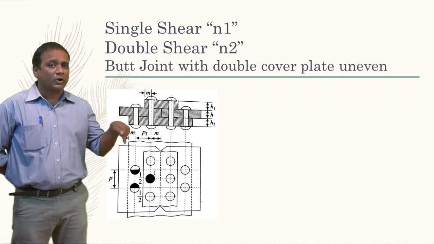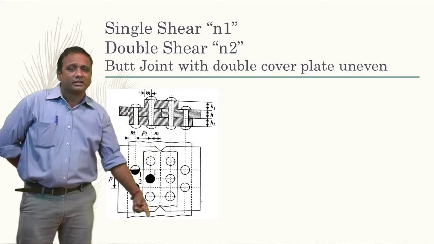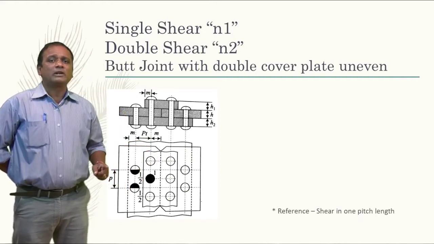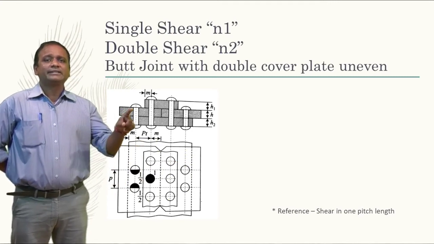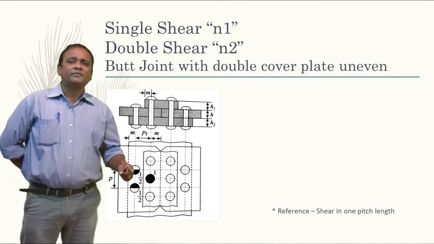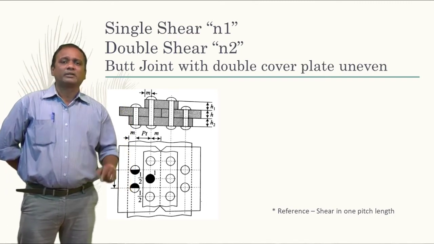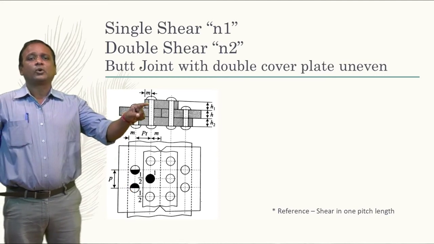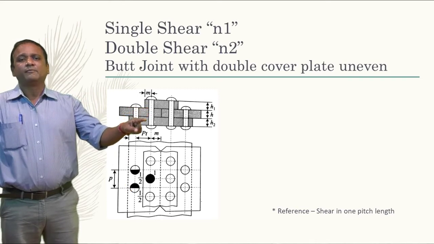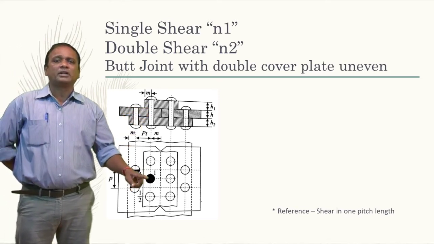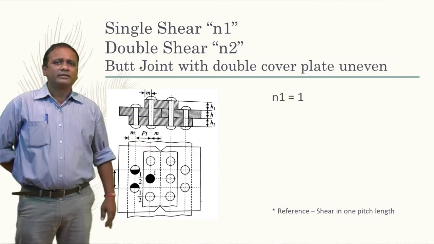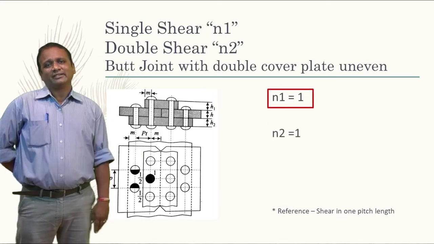But do kindly check from a top view whether the whole arrangement is a zigzag or a chain arrangement. In this case it's a zigzag arrangement, and again the reference is one pitch length. You can see here this rivet, which has only two plates across, may undergo a single shear, and that is half a rivet over here and half a rivet over here, together one rivet. And surely this rivet has undergone a double shear, right? One shear will be at this point and another shear at this point. So this whole rivet will undergo a double shear. Therefore I can easily conclude that N1 is 1, right? N2 is 1 again, right?